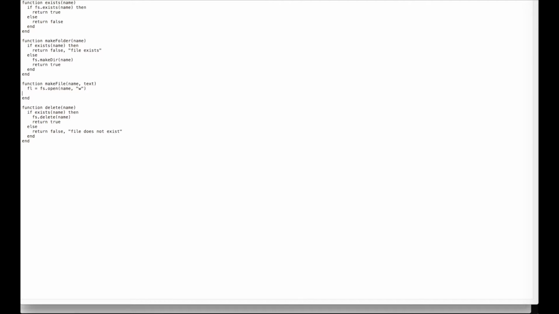Okay, so that will open the file, and now I want to write. You can also do write line, but I just want to write text, and then I want to close the file. There. If the file does not exist, so